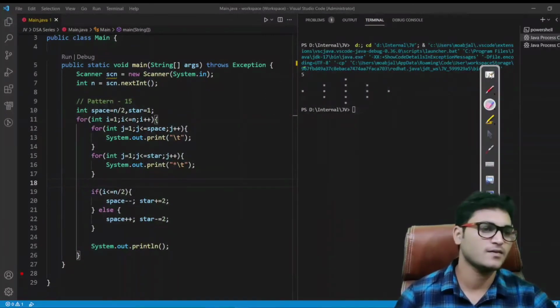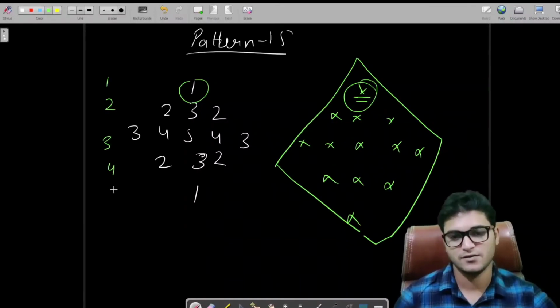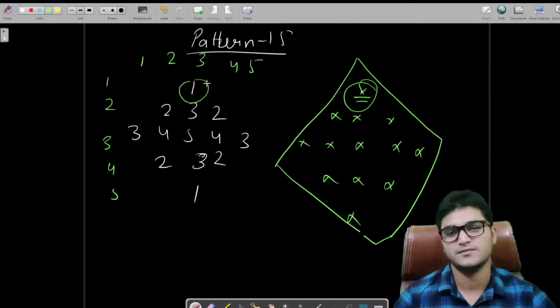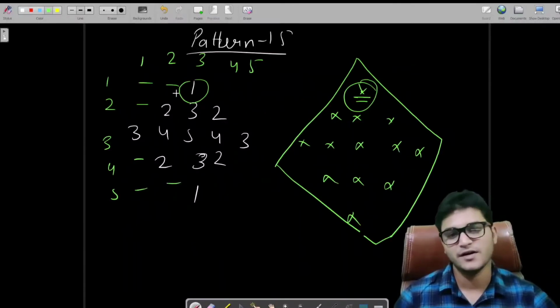So let's now discuss replacing the numbers with stars. If you look at here, this is first row, second row, third, fourth, fifth, and these are column first, second, third, fourth, and fifth. Fine, nothing much till here. And these are the spaces on these black spots. So if you look at here, while printing these numbers for each row, we are starting from the number of rows.